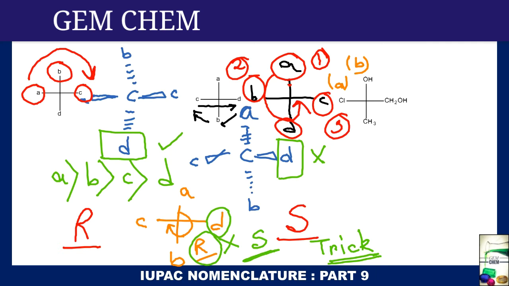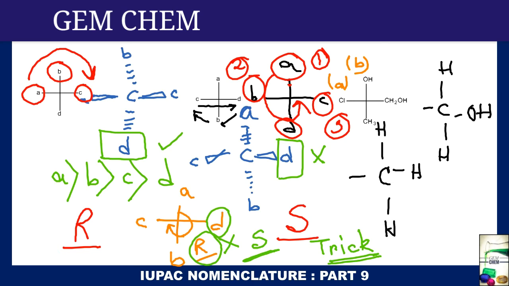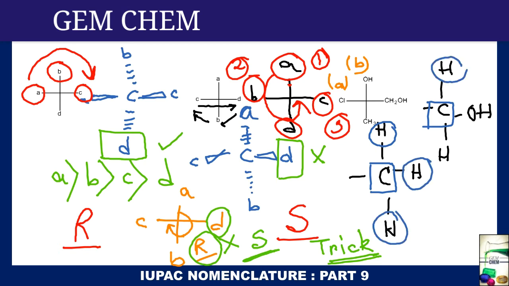There are 2 C's. So how can we determine this priority sequence? This is C, H, H, OH, whereas this is C, H, H, H. In this case, both of them have carbon. So how do we determine the priority sequence? Then we deal with the second atoms. Here are 3 hydrogens, whereas here are 2 hydrogens and 1 oxygen. So this one gets the priority. So this is our C. And when we move from A to B to C, it is a clockwise movement. So this compound has R nomenclature.